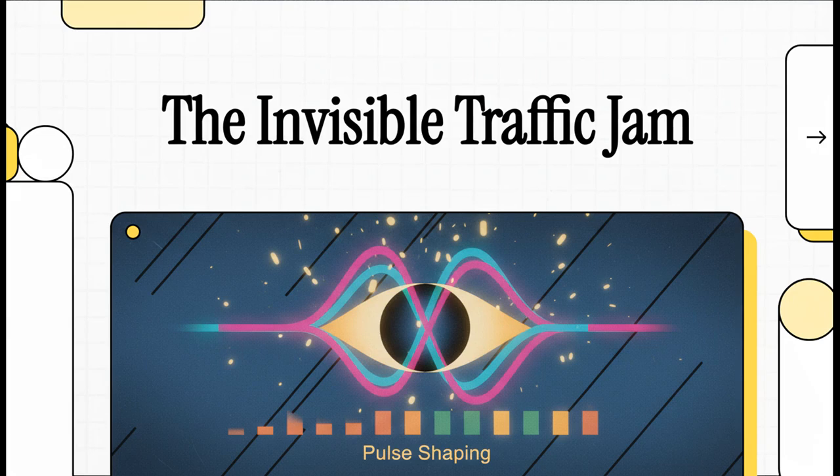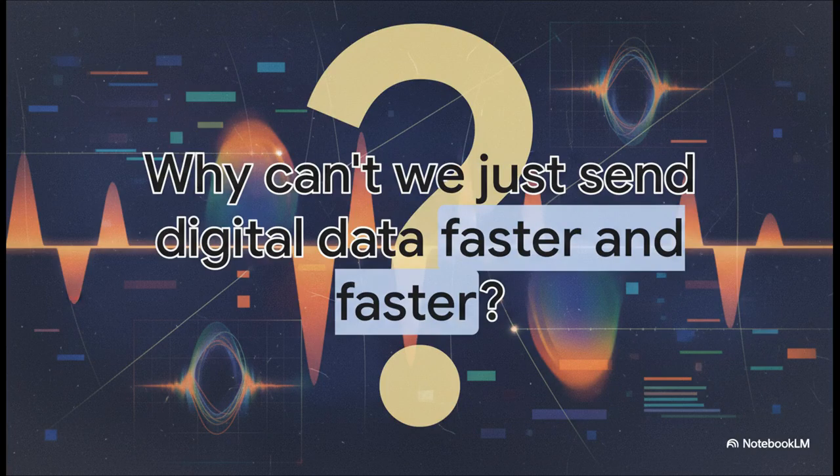Welcome to The Explainer. Today we're going to talk about something that happens every single time you use the internet, but you've probably never seen it. It's this sort of invisible traffic jam, where all the ones and zeros that make up our digital world start to blur together. So let's kick things off with a question that seems super simple, but it's actually a massive